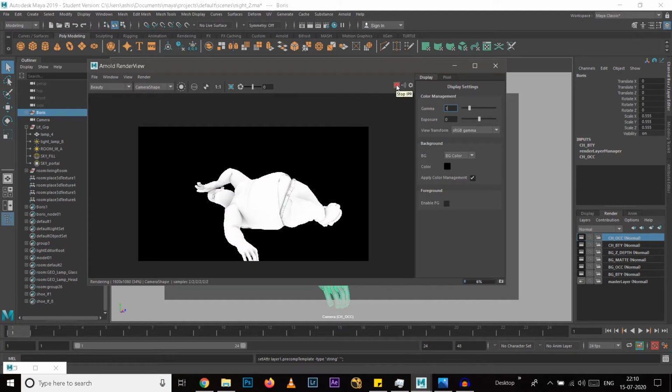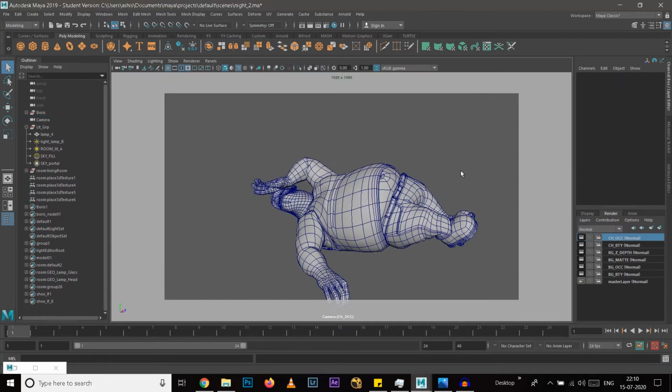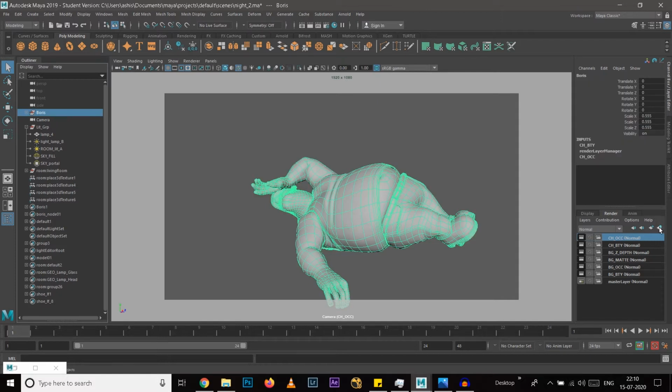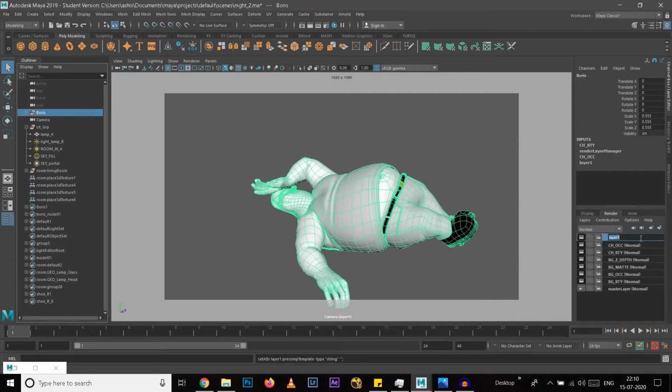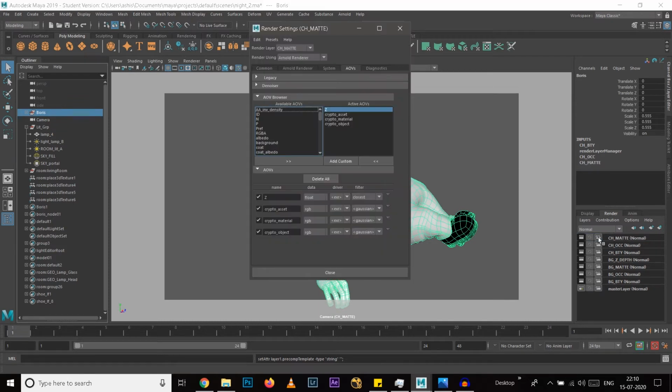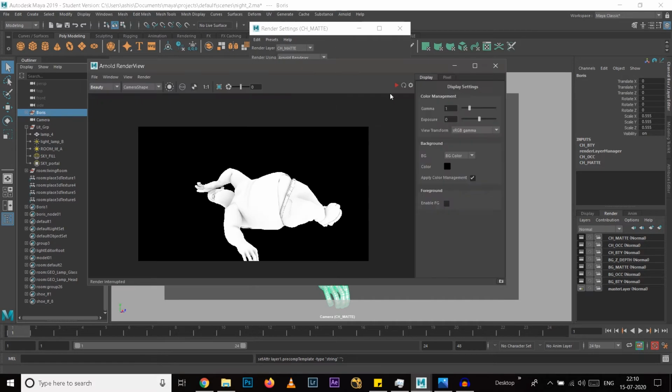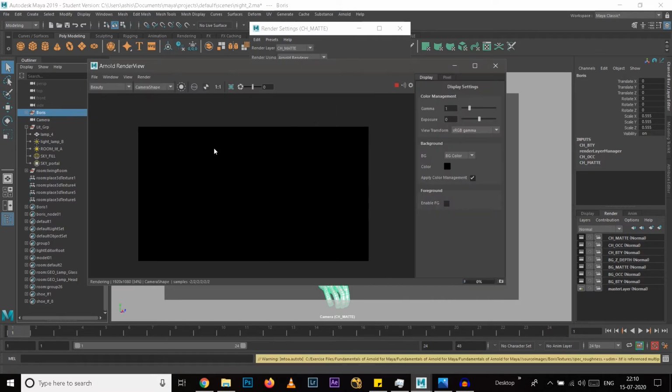Okay, so it's coming like this, looks fine to me. So this is it. Now we will need one more layer for character matte. So in this layer, this crypto matte should be on, so it's there. So let's check it.